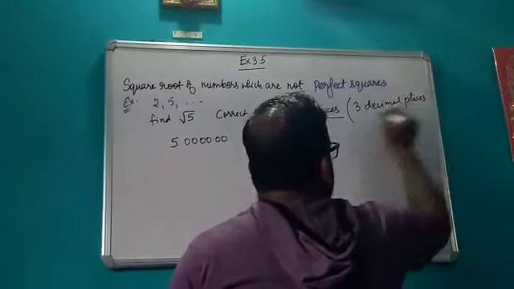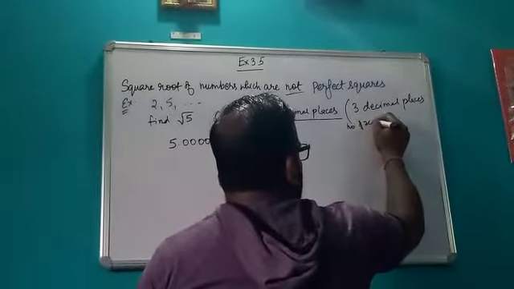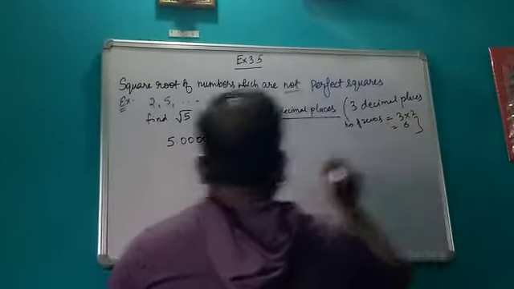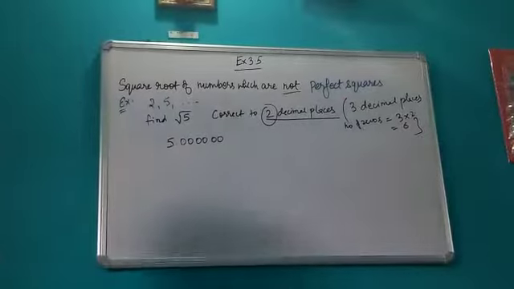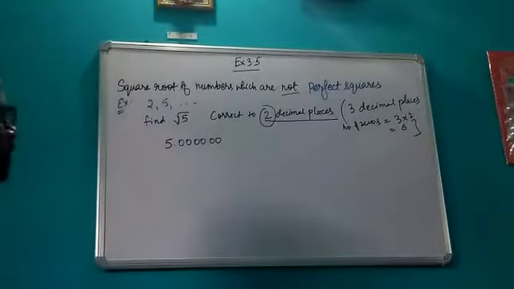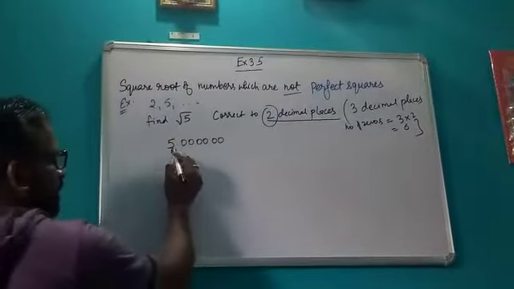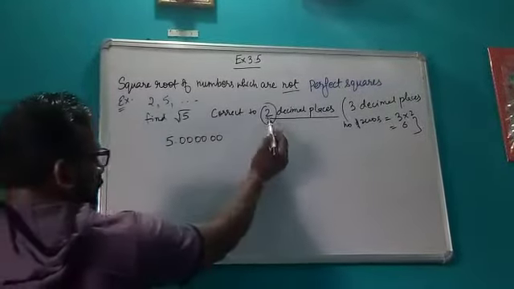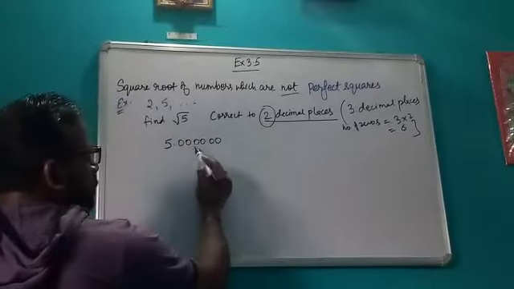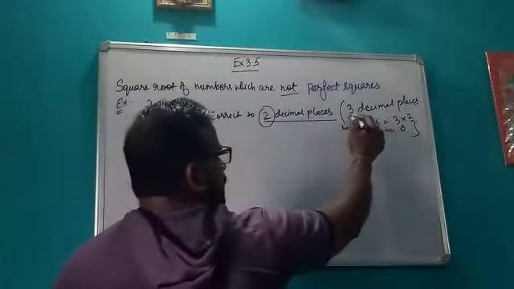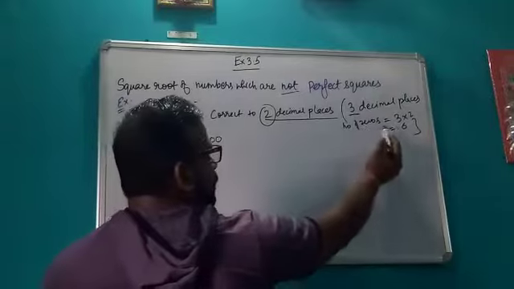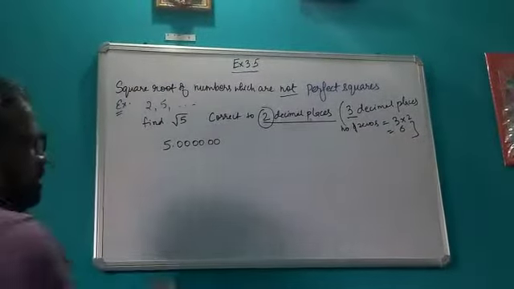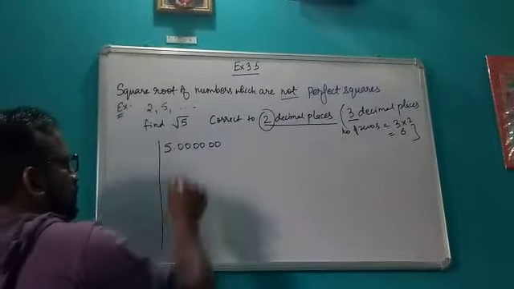Okay, so number of zeros you have to put will be 3 into 2, that is 6 zeros you have to put after the decimal. Okay, so this will be your procedure to solve the questions like so. This again I am repeating. You will write the number, then you will put a decimal, then if it is asked 2 decimal places, you will find till 3 decimal places, and then you will write number of zeros, that is 3 into 2, 6 zeros. Then again you will follow the same procedure.